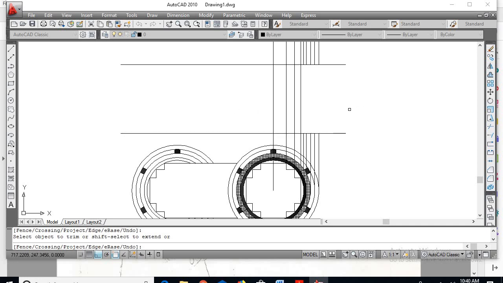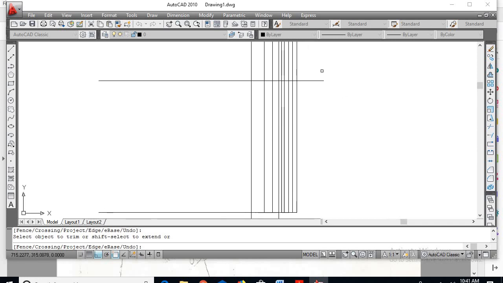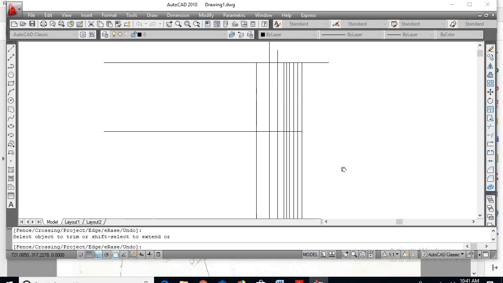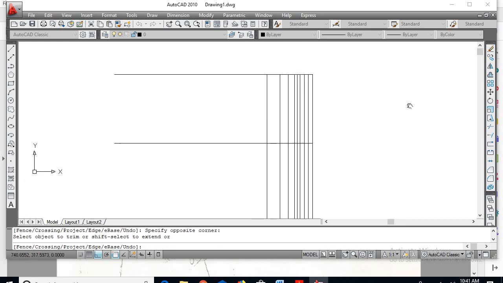Okay, so now even these 2 steps I can remove in the yoke. I cannot see here also. So this is the unwanted portion, you can trim. This extra line will be the unwanted portion, you can trim it. So even here it is unwanted portion.